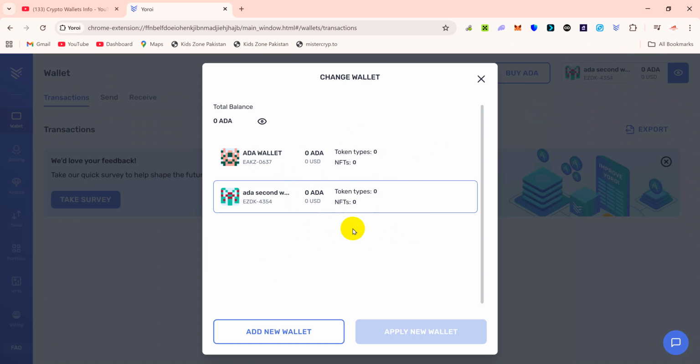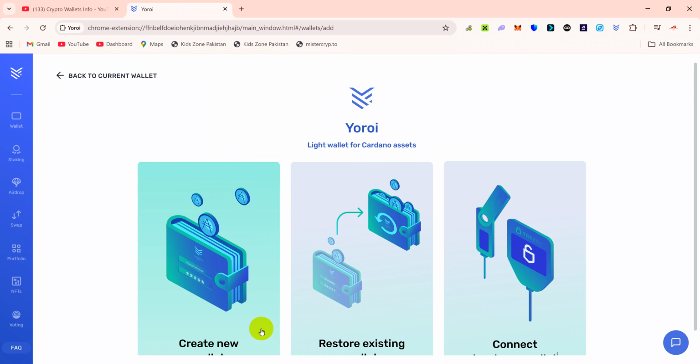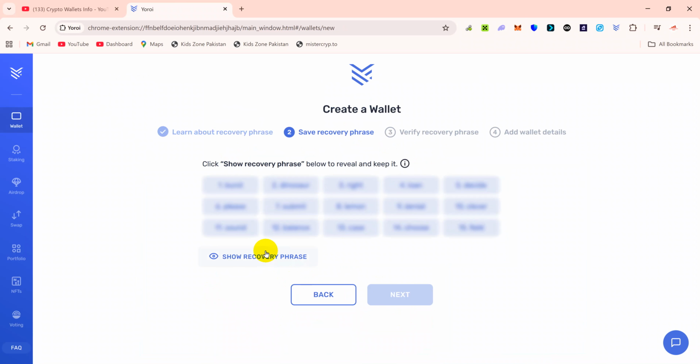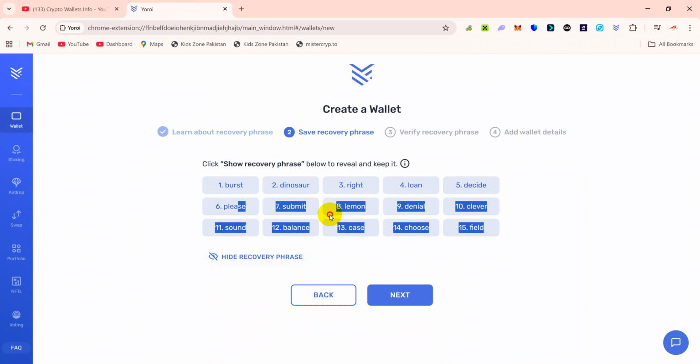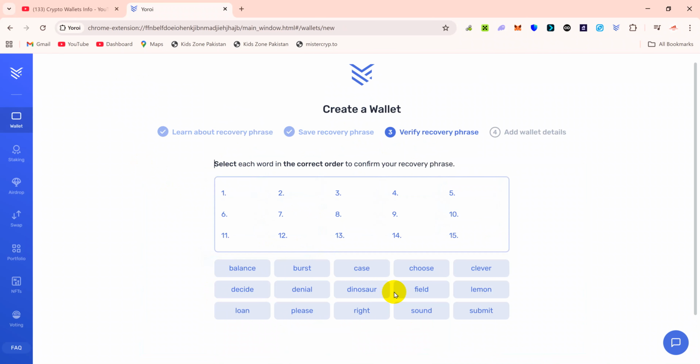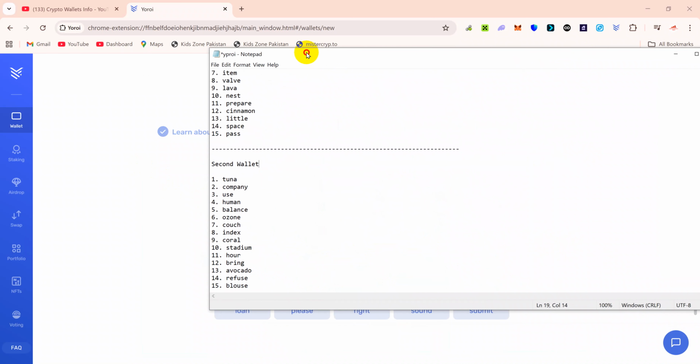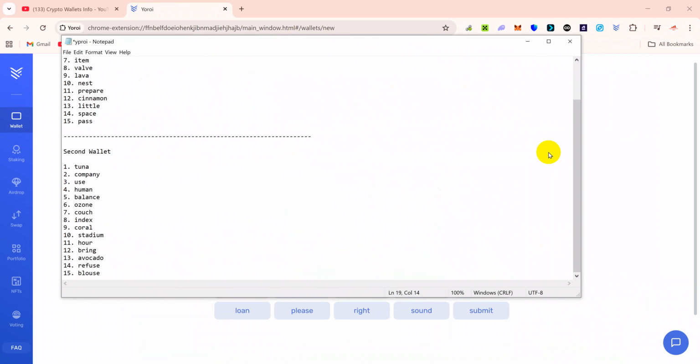If you need to add more wallets, simply click on add new wallet, click on create a wallet, next, and show phrases, copy all phrases, then next, and you can paste your phrases here, but not yet. You must first save all your phrases in a notepad file, and after that